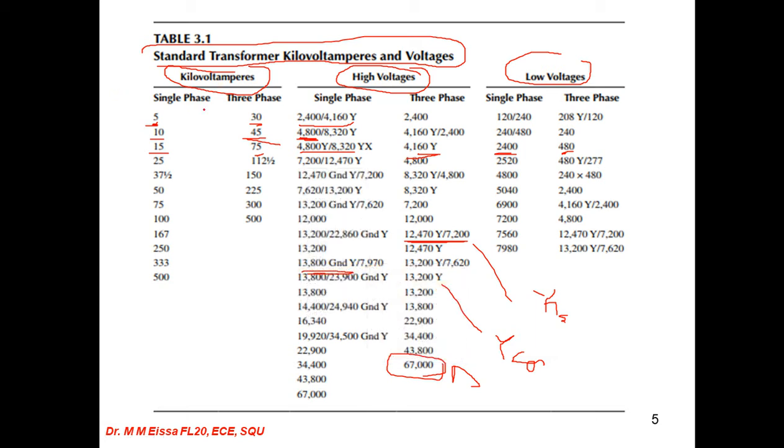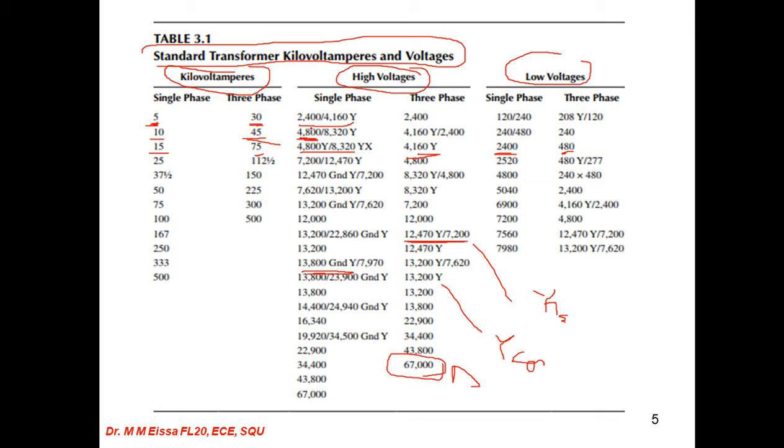So here we have single phase and 3-phase ratings, we have 5, we have 30. For high voltage, single phase or 3-phase, we have low voltage single phase or 3-phase. This is a standard transformer. So here for single phase 5 kilovolt ampere or 30 kilovolt ampere as 3-phase, we have